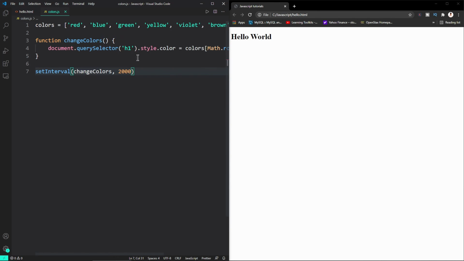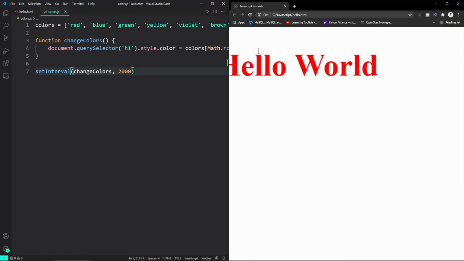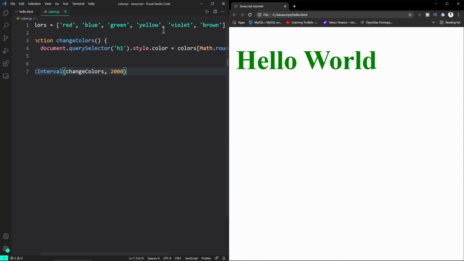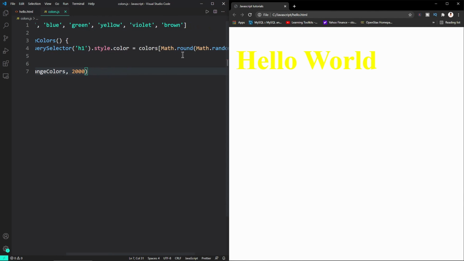So it's a very simple logic that we are using. Now if I run our web page, I can see the colors are changing. They are automatically changing after 2 seconds of interval, and they'll only change according to the colors that we have given over here, and they are completely random. They are changing according to whatever value is coming over here.